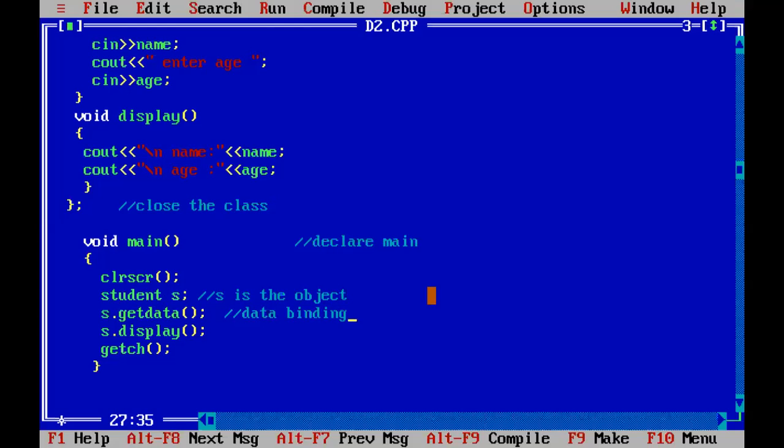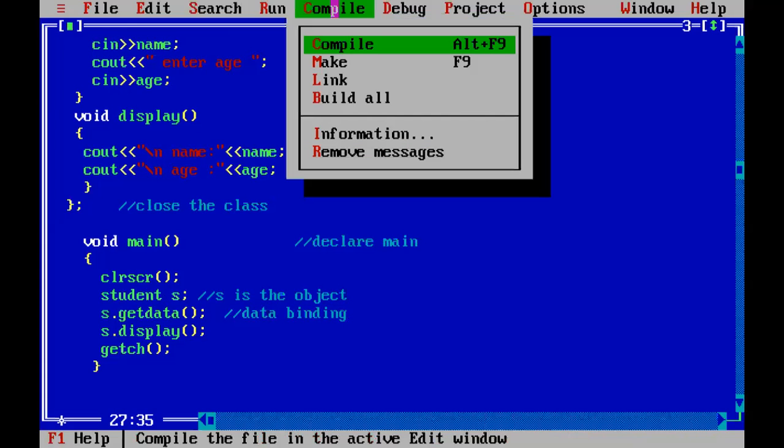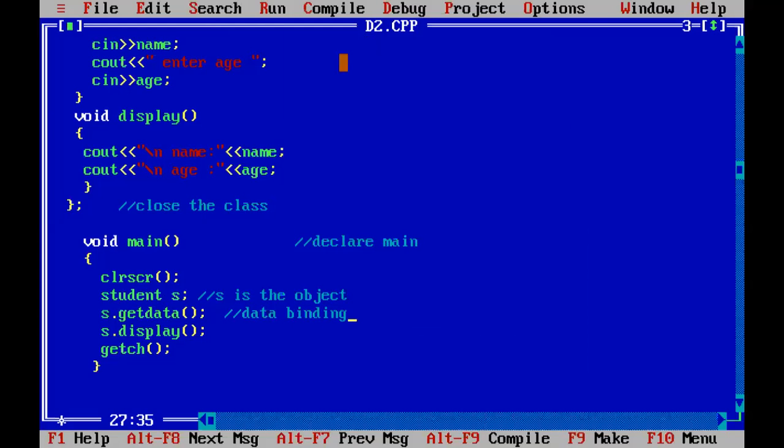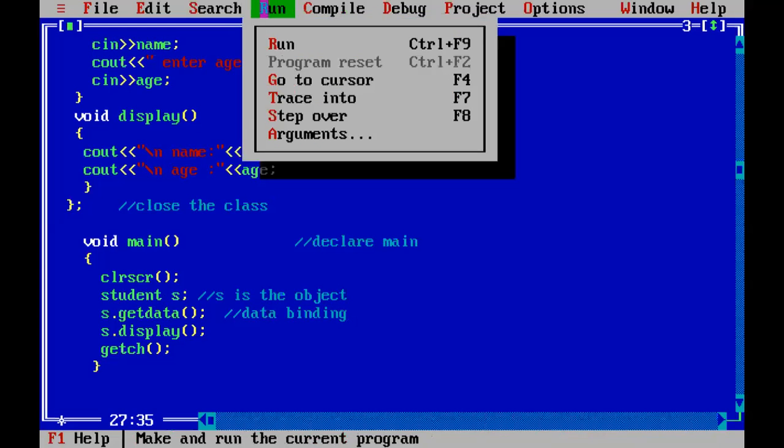Now it's time to compile the program. First of all, we compile the program because it's a very necessary thing. Whenever you write any program, the first step is to save the program. The next step is to compile the program, and then we are going to run the program.